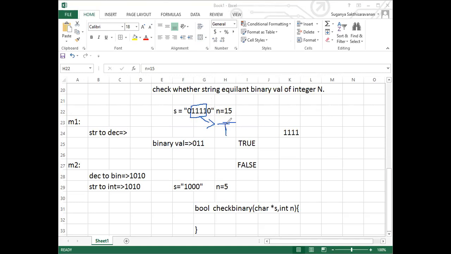You will be given a string with a combination of binary values. If the given integer's binary value is a substring of S, we return true, else we return false. Clear with the question? Yes. Okay. Go ahead.